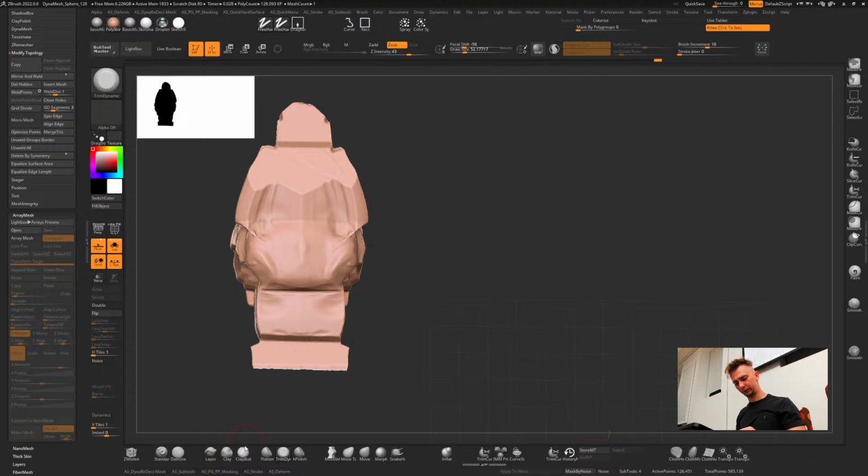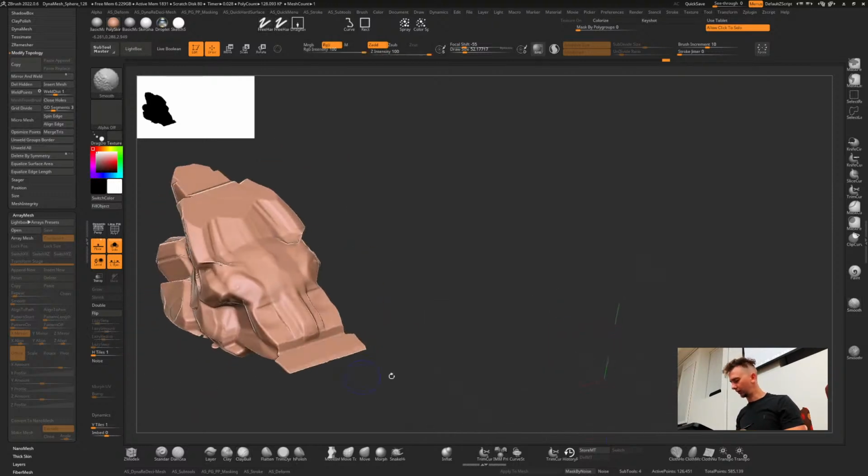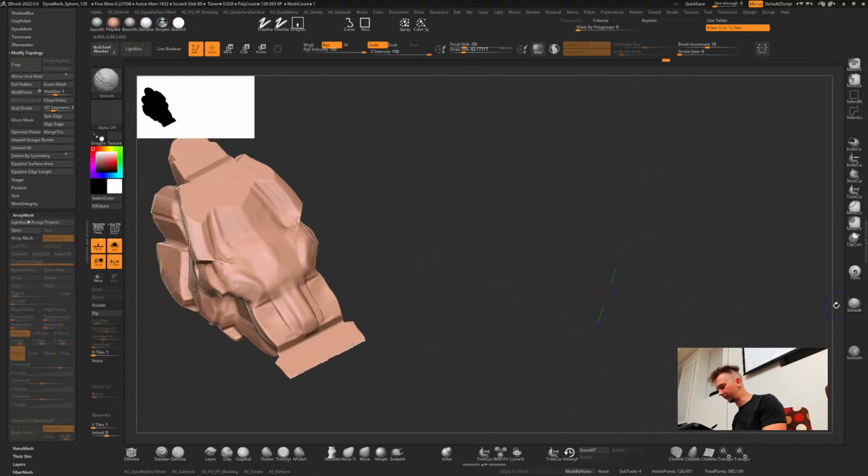So play build up for quick build up of form. It's a little bit too aggressive for my liking, so tone it down. And depending on the density of your mesh, smoothing can be very painful.